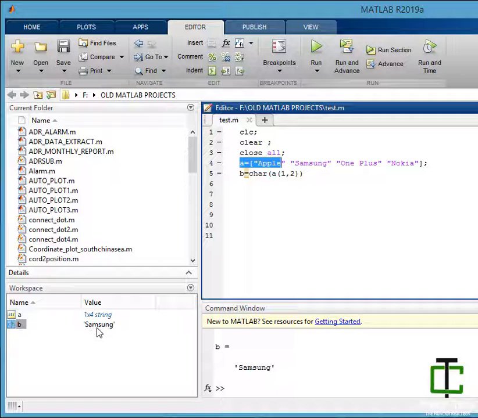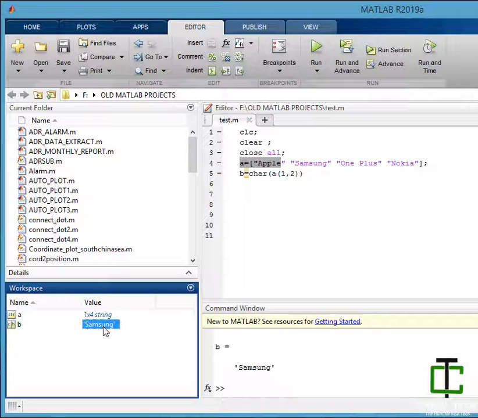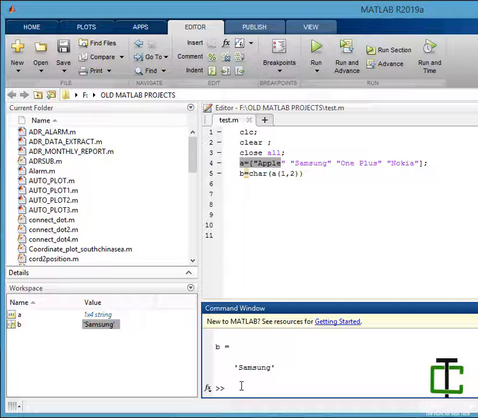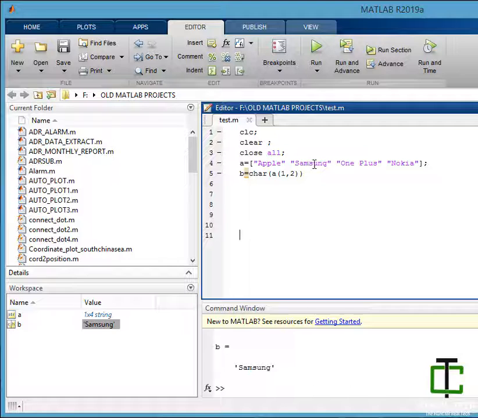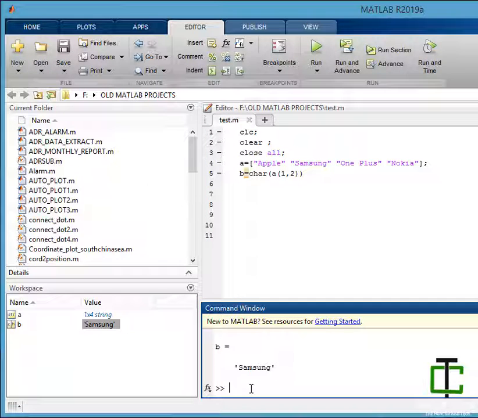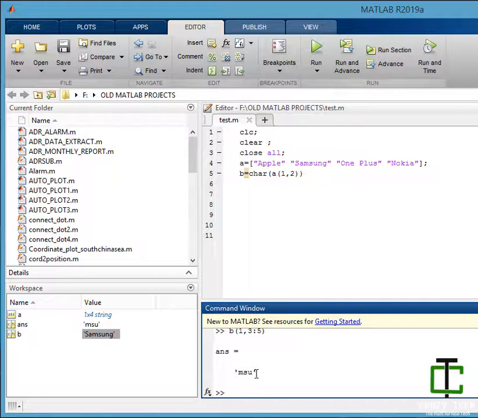If I want to access MSU only, how do I do that? MSU means I want to access the third, fourth and fifth columns. So B, 1 comma 3 colon 5. Here you go.